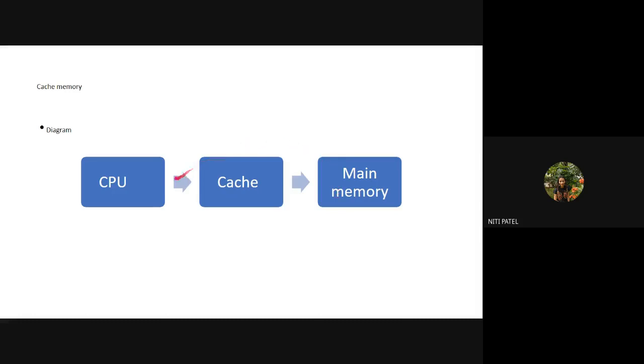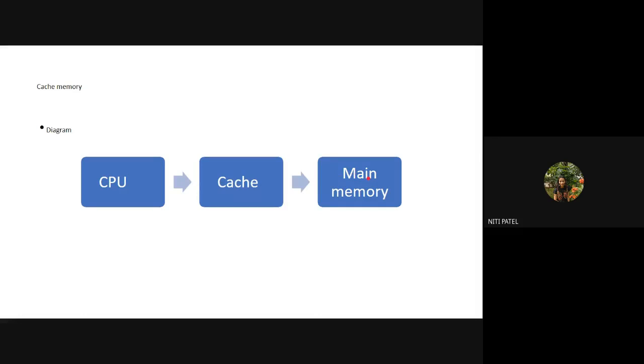So what is happening? You have CPU, you have cache, you have main memory, and you have secondary memory. When I give a program for execution, say addition of two numbers, and I have stored it in the secondary memory, will the CPU execute that program if it is in the secondary memory? No. What the CPU will do is first go and search inside the cache. If it gets it in the cache memory, it will directly use it from the cache memory. If it does not get it in the cache, it will go and search in the main memory. If it is still not there in the main memory, it will not execute.